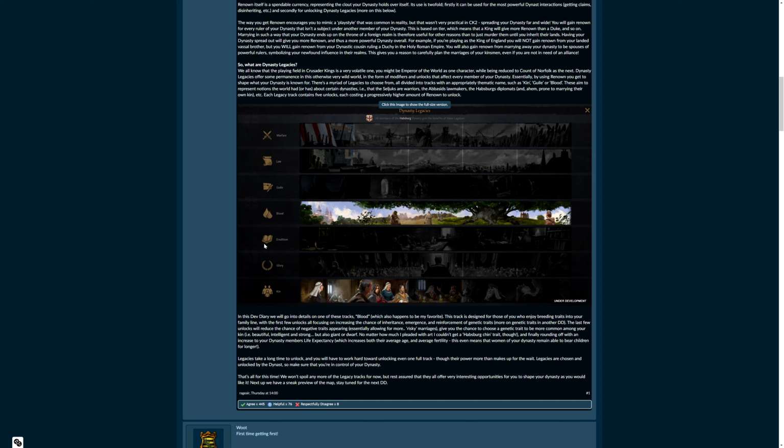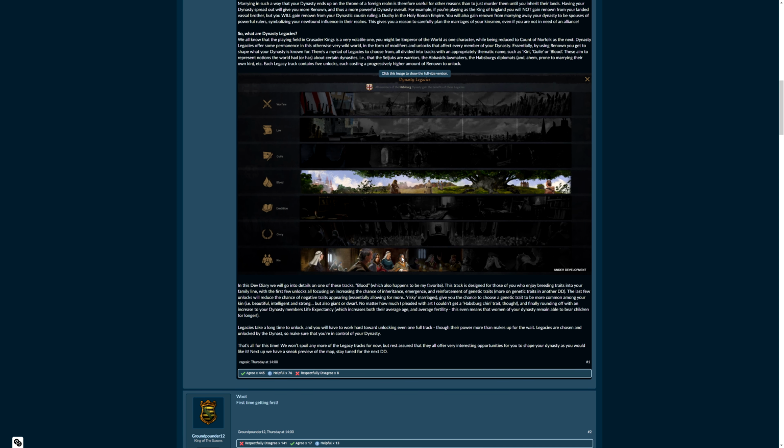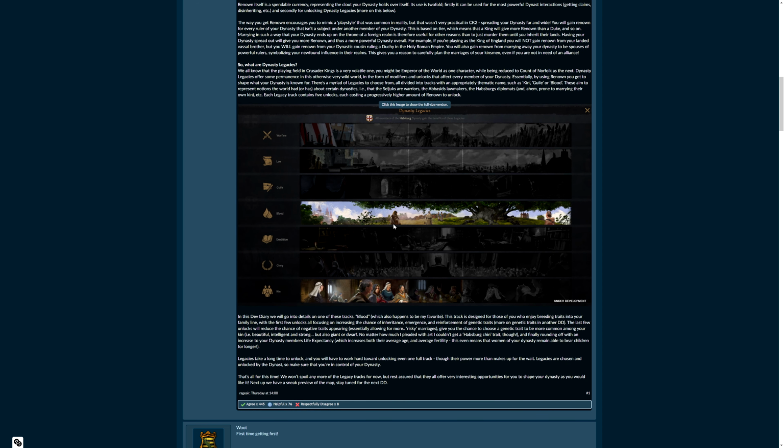You want to make a line of erudites, but instead they're all warriors. Well then, you have to rebel against it. So your fight for being the head of a dynasty is also a fight for the future of it. The future kings and the future direction your kings will take. While in Crusader Kings 2 you could have one king being a warrior, the next king was the total erudite, the next king was this, the next king was that. There could be really big differences, while this points into a direction.